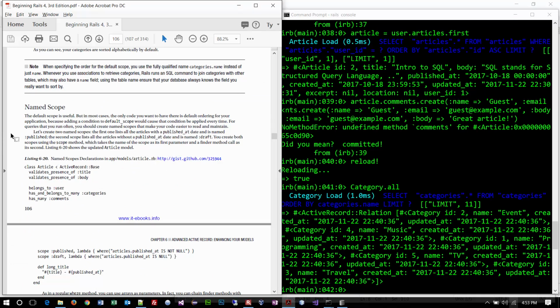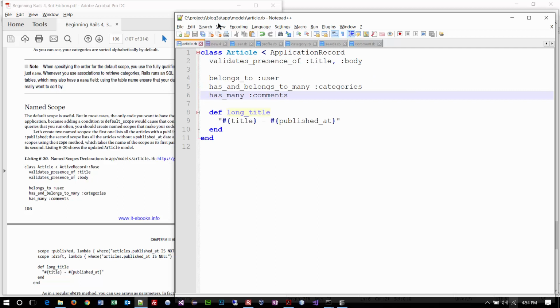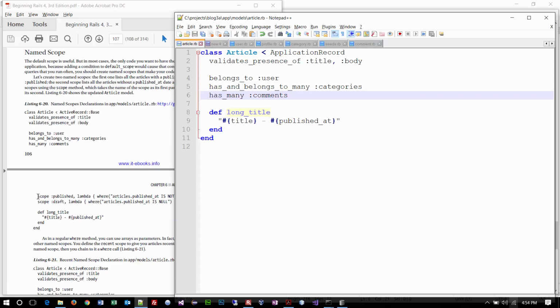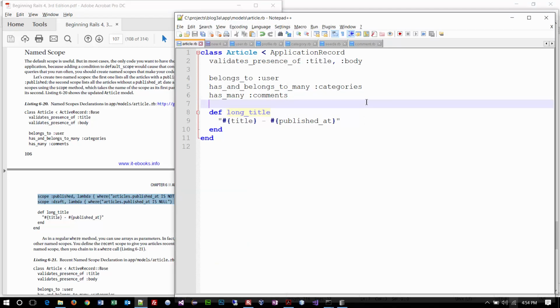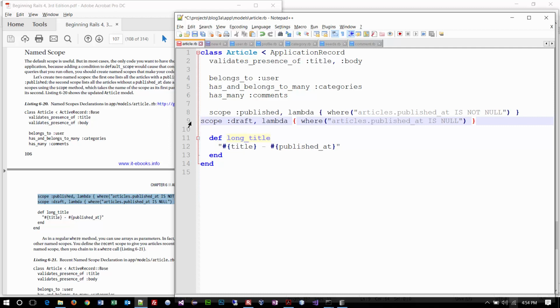Another thing that they talk about here is this concept of named scope, and this change is going to be made to the article file. Let's bring that one up. We'll bring up article. We have all of our associations and validations there, and then you can see that they're adding this additional section here. You can think of this in a couple of different ways, but the way I think of it is kind of like a default way to pull up